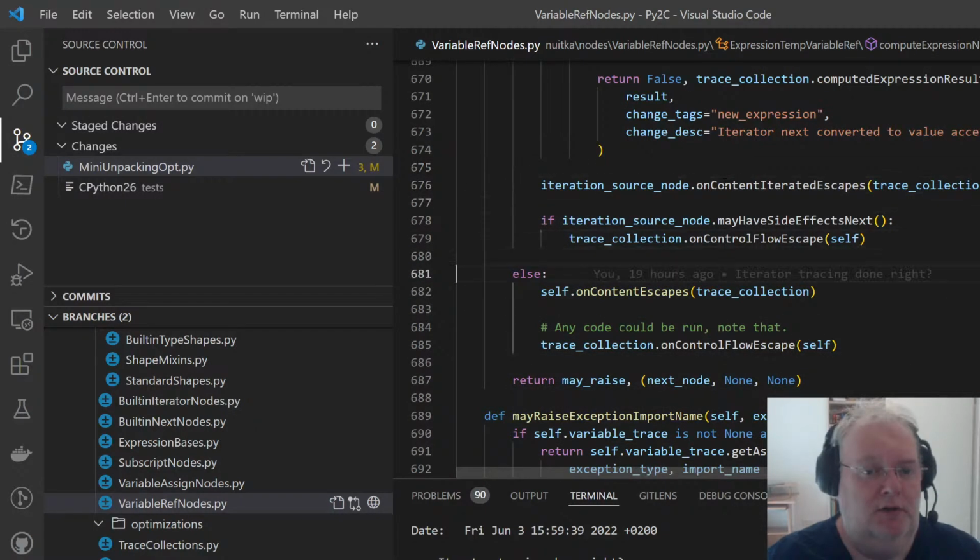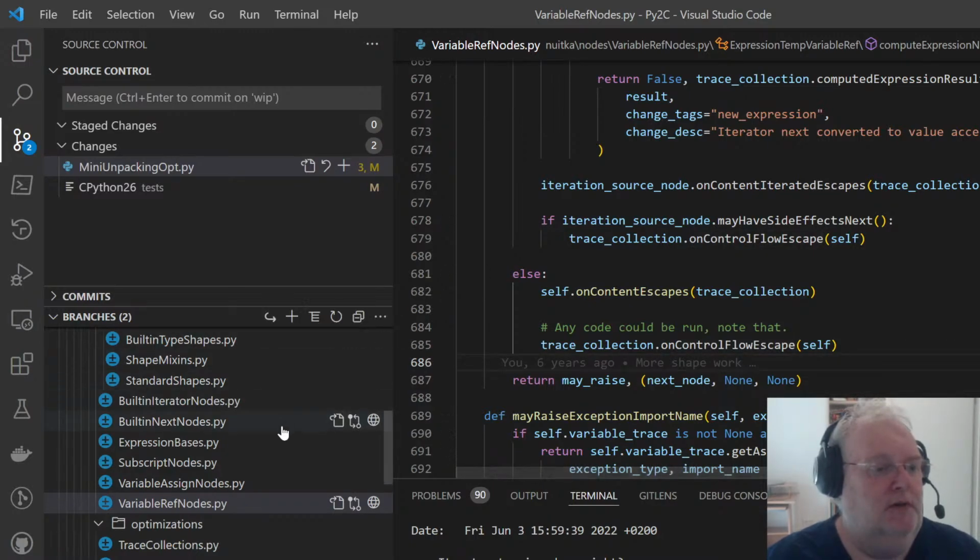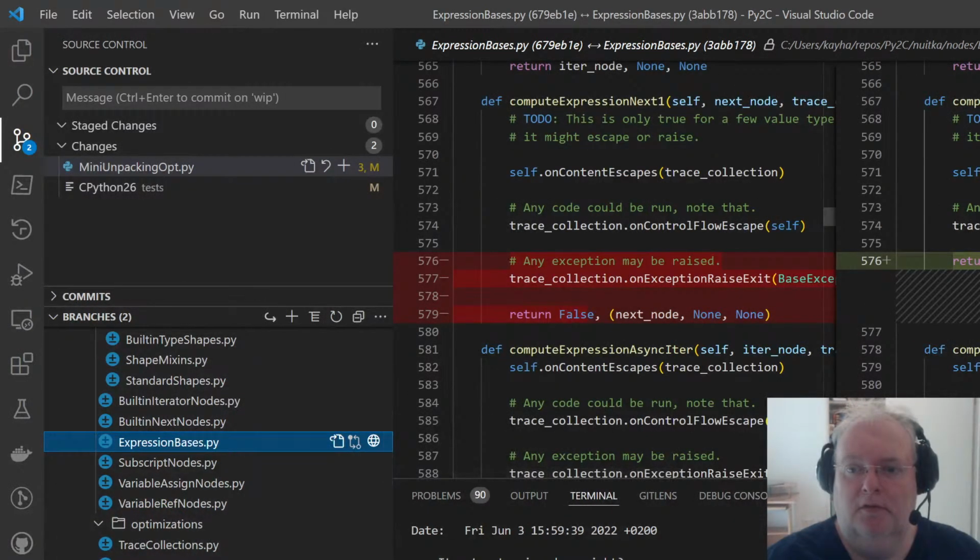And actually, it only escapes our content, but the control flow escape can also corrupt all variables that are shared with other functions and globals. Not good.